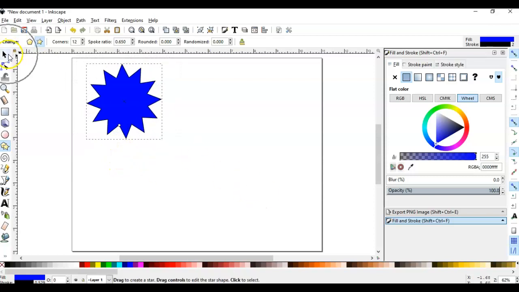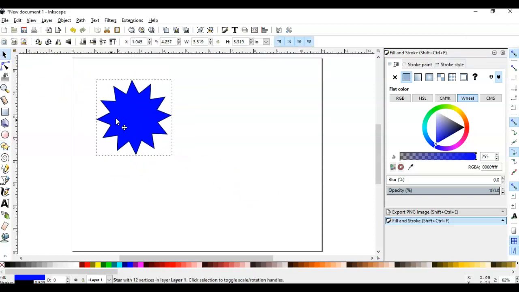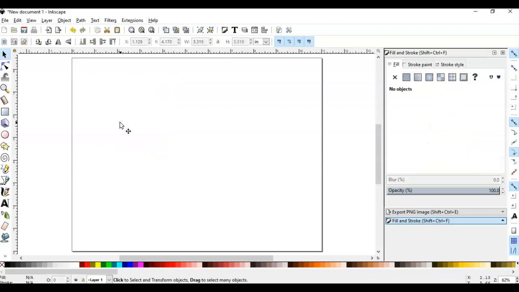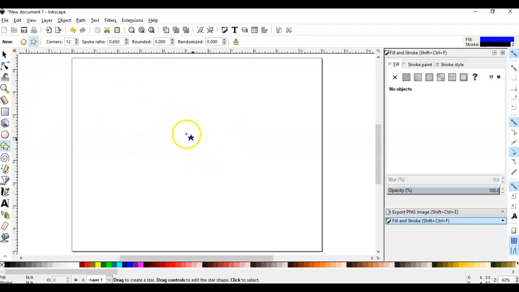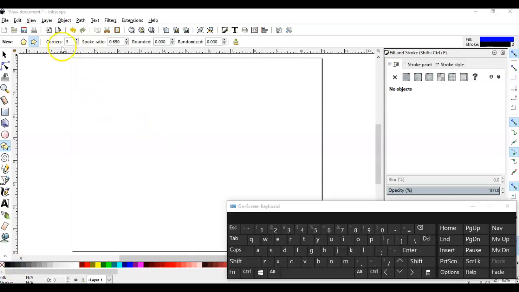Okay, I'm going to click on the select tool, and I don't want this. I was just showing you some little skills there, and I'm going to press the delete key on the keyboard. I'm going to click on that shapes tool again, and before I click and drag on here, I'm going to change the amount of corners to 3. Alright, so with that set to 3,